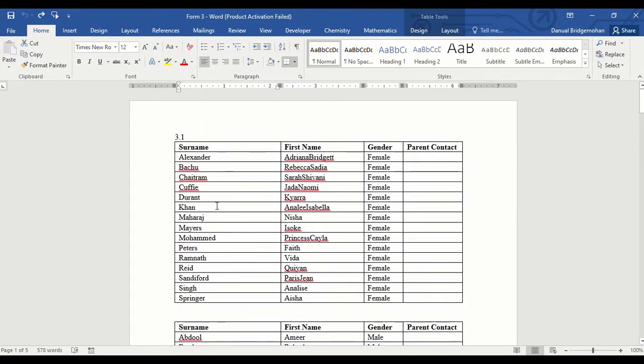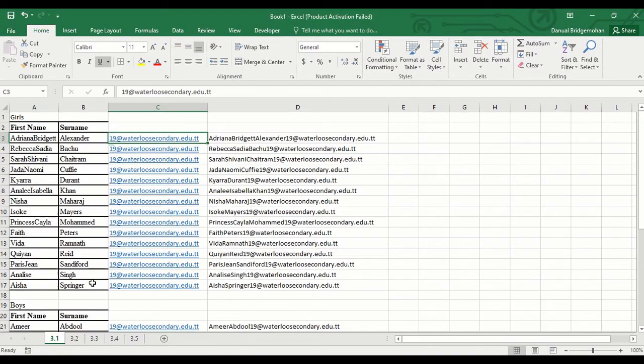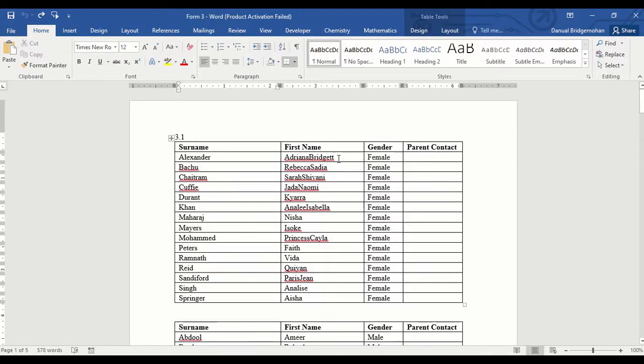What I would have done is create a spreadsheet like this one, where I would copy the first name and last name of the students from the particular list and place them in the same order, category as girls and boys. I can copy the name of the student,